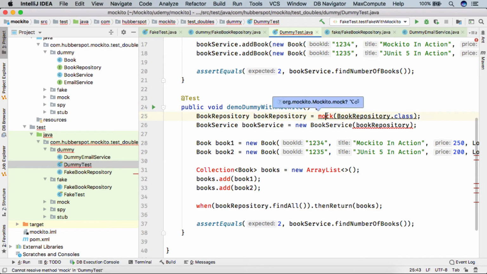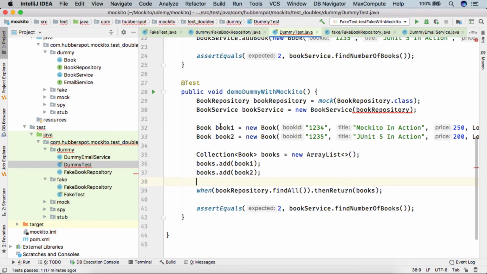So here we'll import the Mockito.mock method, and we'll import Mockito.when. So friends, the demonstration of this test case we already saw in our fake test method.